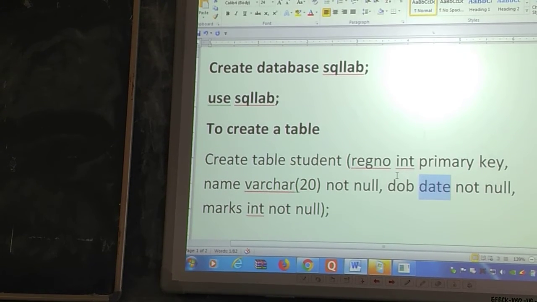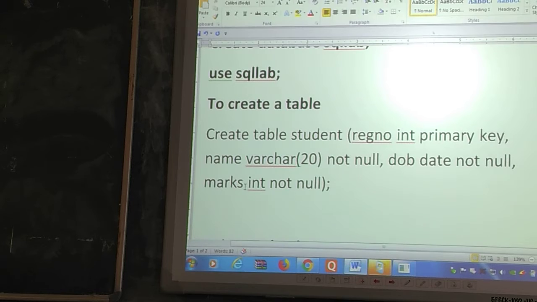Observe, we saw three different data types. One is to accept integer values, varchar to accept character values. Here we have one more special data type called date. It will accept only the date format. And we are giving a constraint called not null. It should not accept any null values. And lastly, we have a column called marks. It is integer and it also has a constraint not null, ended with semicolon. So this is a query to create a table in SQL.